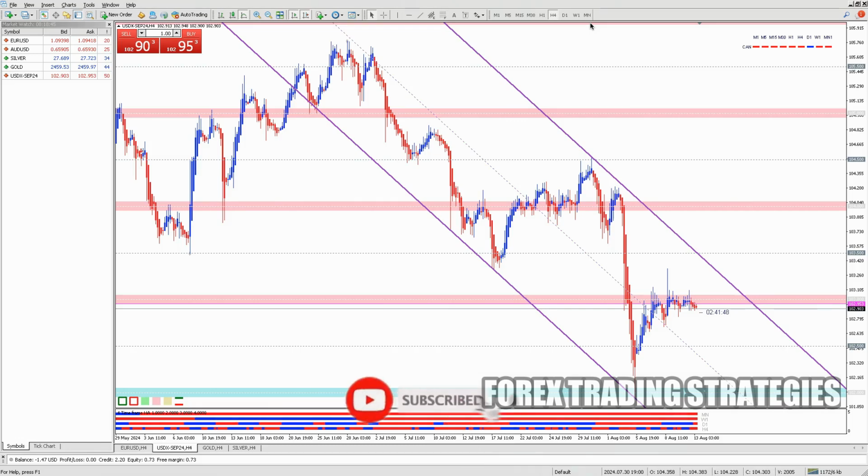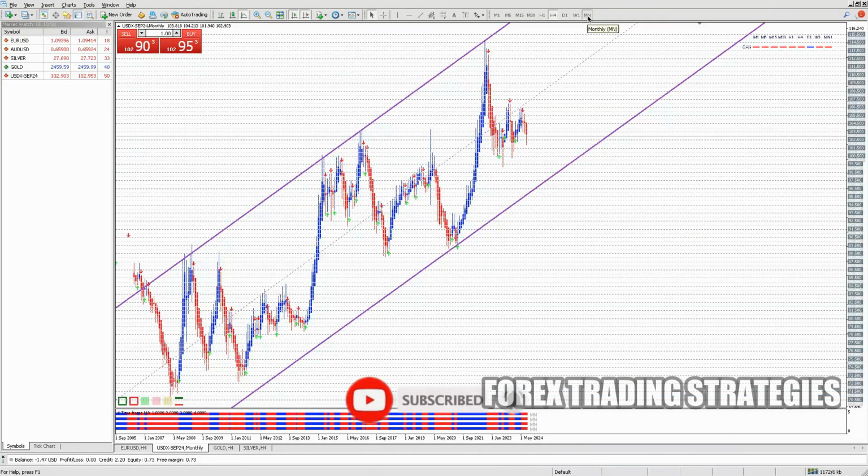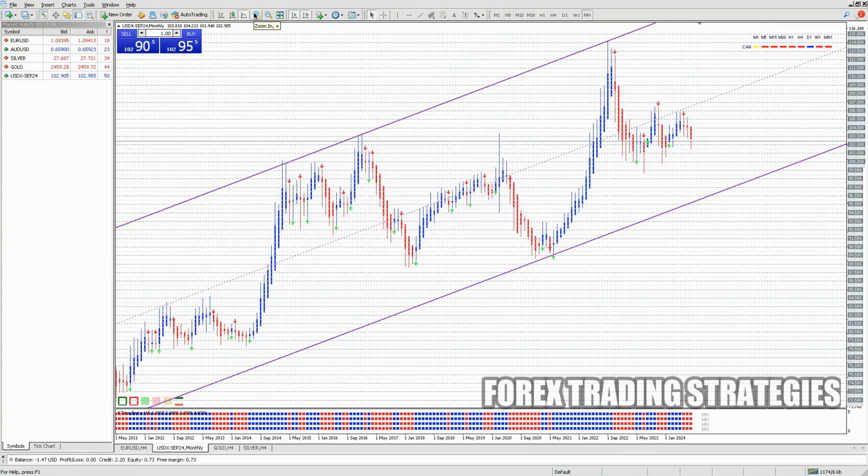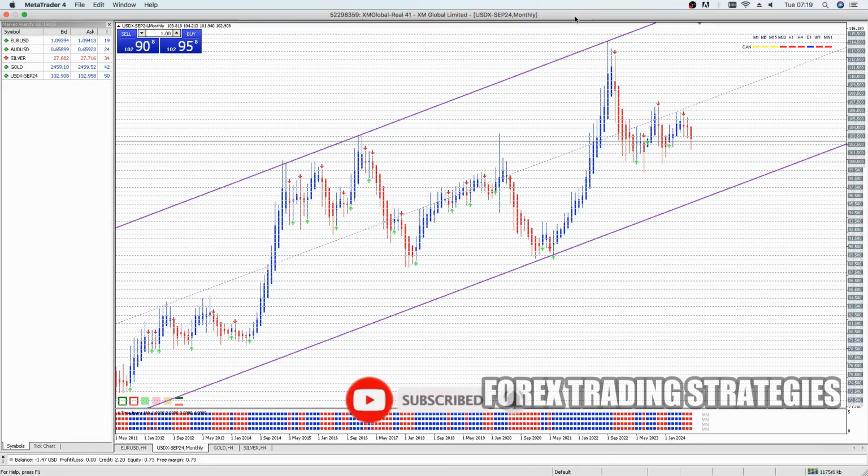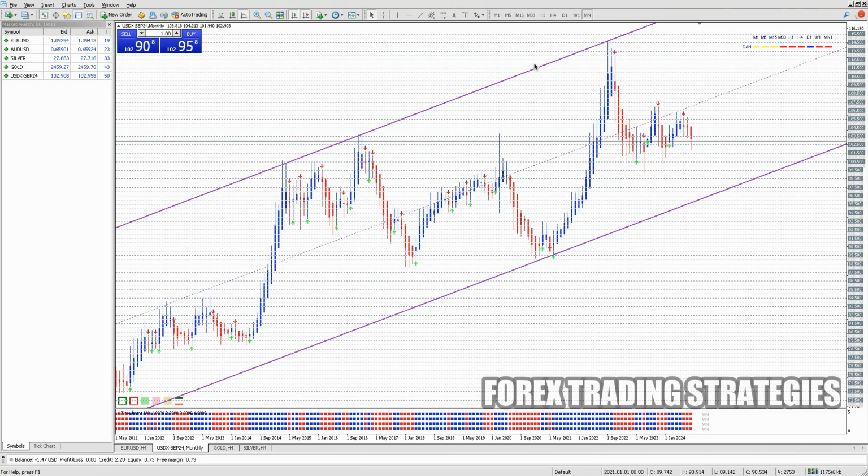Choosing between MetaTrader 4, MT4, and MetaTrader 5, MT5, can be a bit of a dilemma, especially if you're diving into the world of Forex trading like I did. I remember when I was first faced with this decision, I felt overwhelmed by all the options and technical details. But after spending some time with both platforms, I realized that each has its unique strengths, depending on what you're looking to achieve.